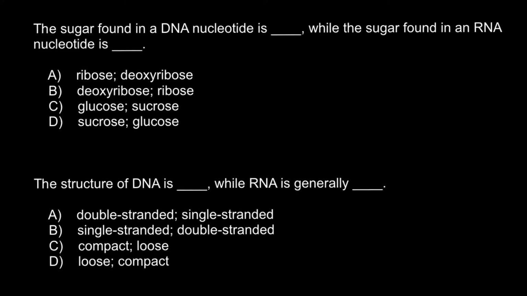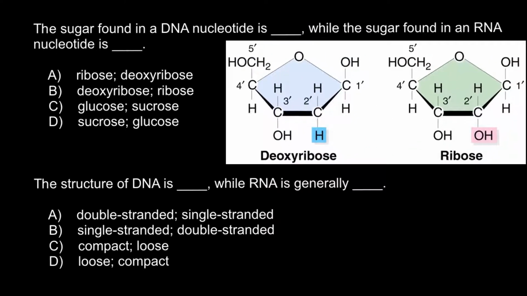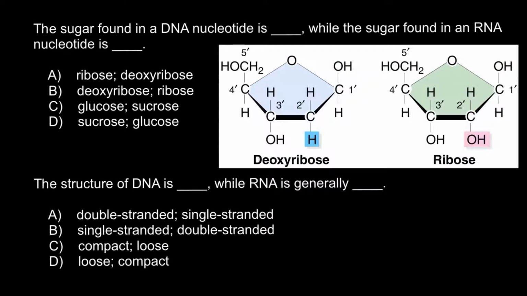The first question is: the sugar found in a DNA nucleotide is, and you have to choose the correct answer, while the sugar found in an RNA nucleotide is, you have to choose the correct answer. And you would be able to choose the correct answer if you understand the difference between deoxyribose and ribose. The only difference is that ribose has a hydroxy group on the second carbon,